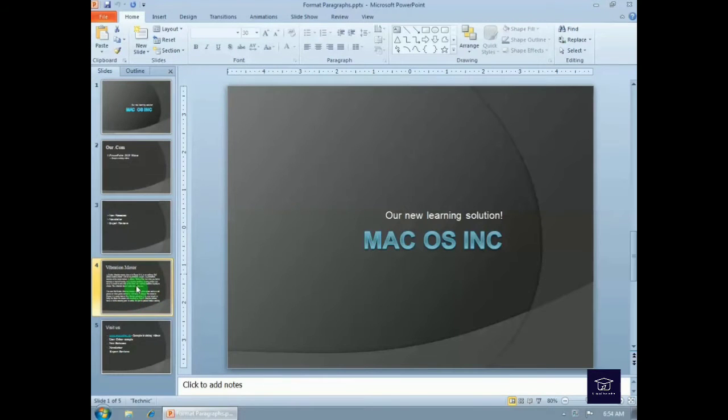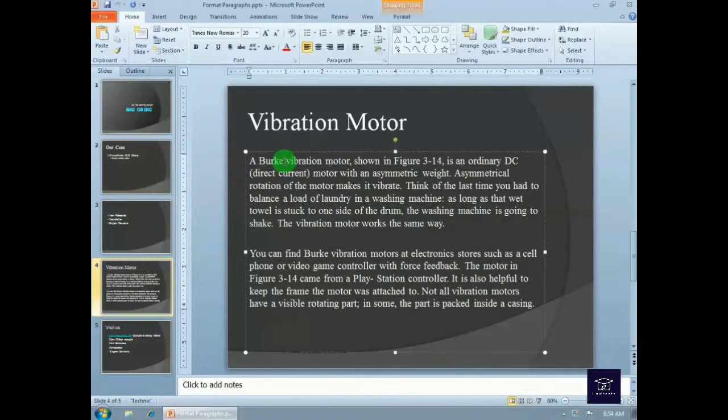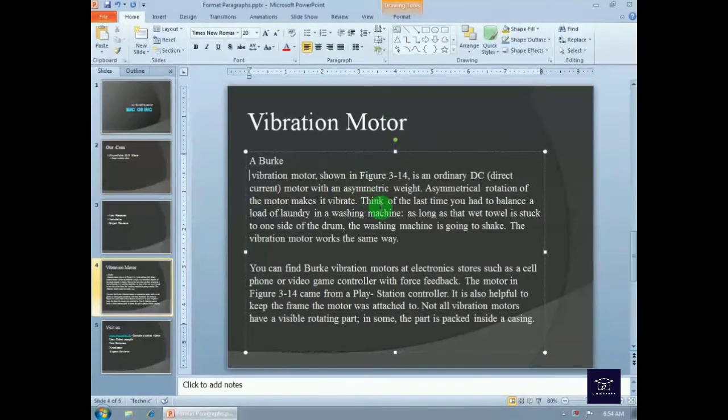Now in my English class I was taught that 3 or 4 sentences make up a paragraph. Not according to Microsoft, a paragraph is any time that you hit the Enter key on the keyboard. For example, this looks like a paragraph, the one up at the top right. If I come in and click after the word Burke and hit Enter, I just created 2 separate paragraphs, because when I hit Enter it adds what's known as a hard return, or a paragraph code,